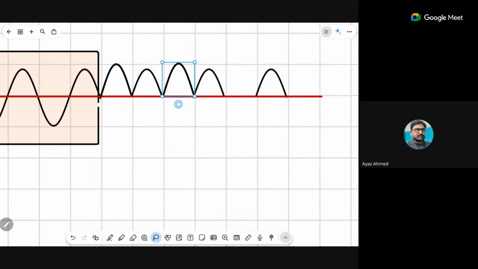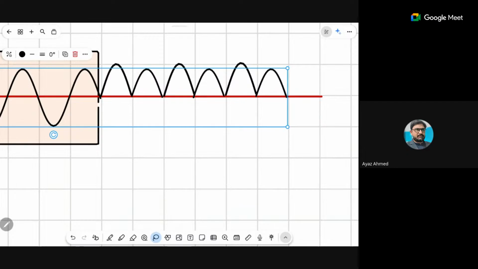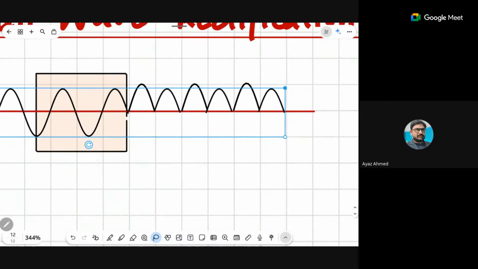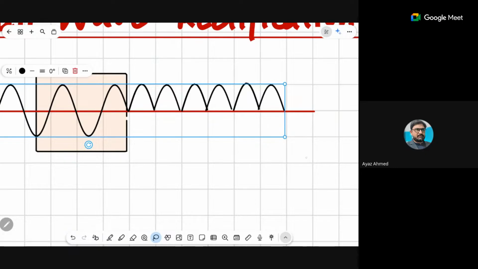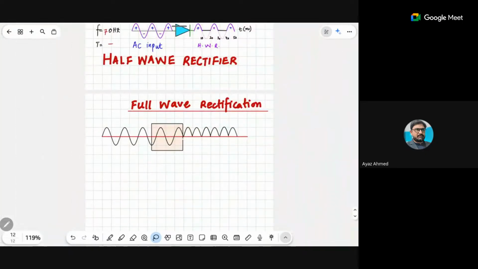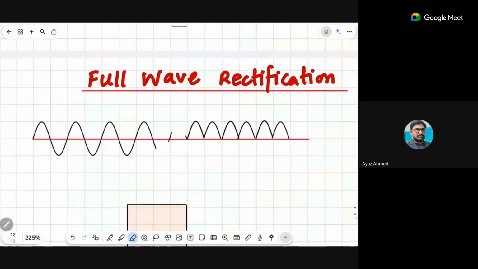Now you have got a complete wave at the output, but in this way. This is called your full wave rectification. What do we call it? This is your full wave rectification. Now, is this clear, what does it mean by full wave rectification? That half of the cycle is basically clamped and the rest half of the cycle is converted into a full wave, a complete positive wave. Okay,